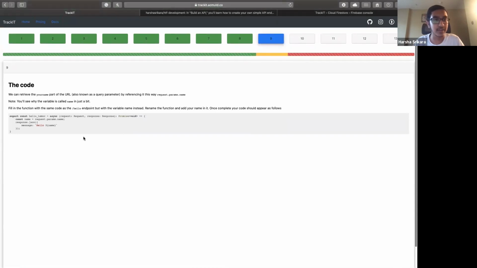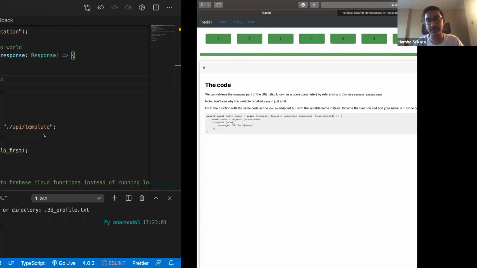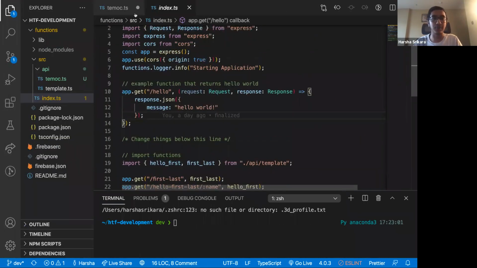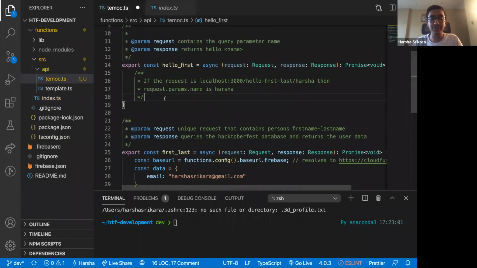Cool. So in here is actually the code snippet of what it's supposed to look like. I'm going to go ahead and type it out, but if you guys want to copy paste it from here, that works just fine as well. But I'm going to explain how it's working. So essentially what we want to do